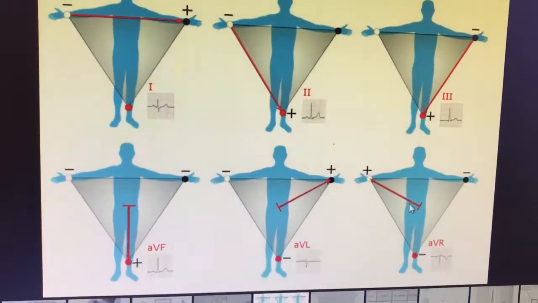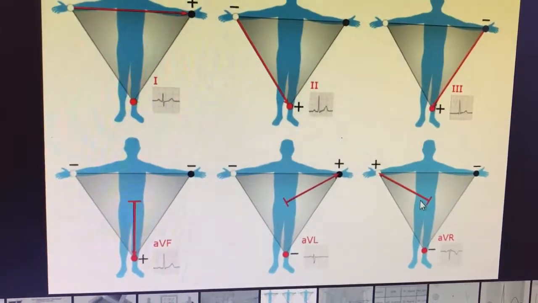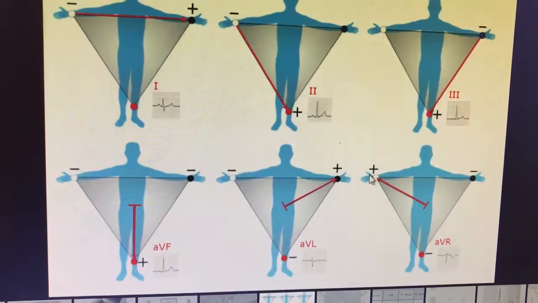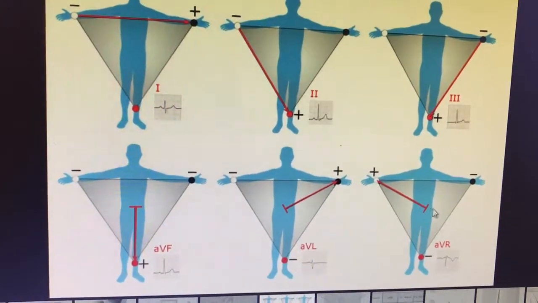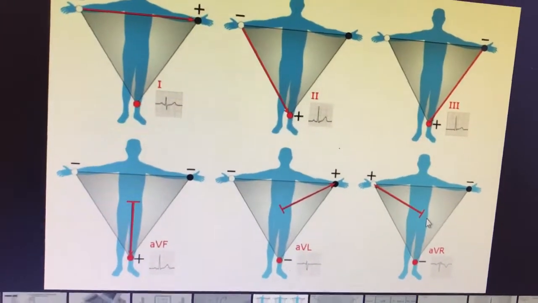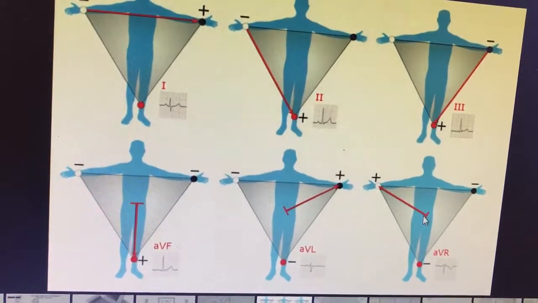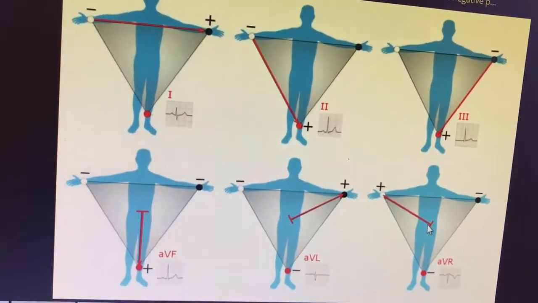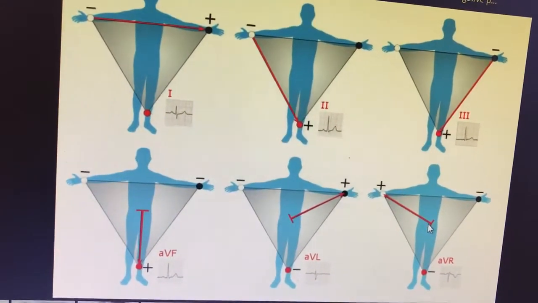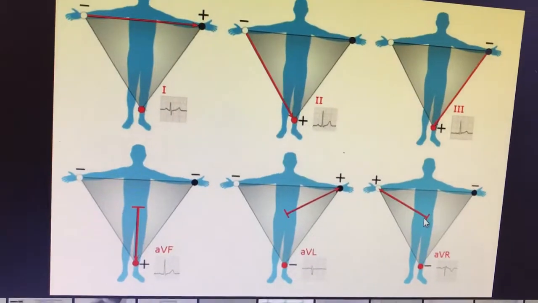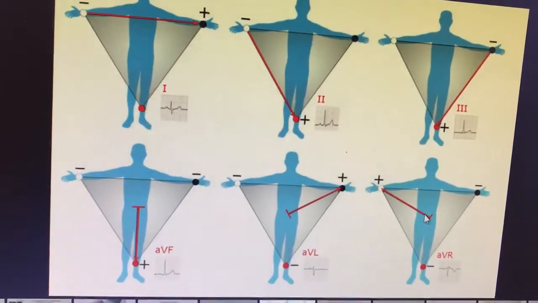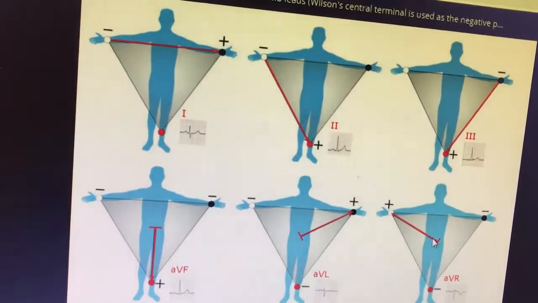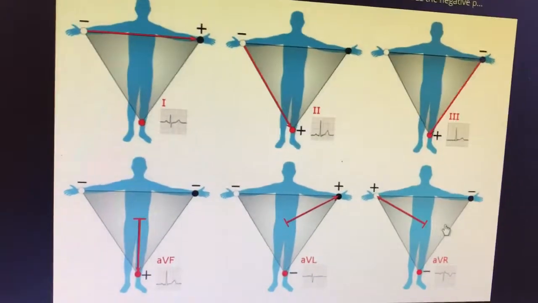And aVR is the one lead where I already told you everything should be negative, because here the positivity is in the right upper limb where the cardiac conduction in no way goes. So all the waves should come in the negative direction. If it is coming positive, then you should think of something where all the conductions are going in the opposite direction. Severe triple vessel disease, subendocardial ischemia, left main coronary artery disease, all those things, like VT where the impulses are coming from the apex to the upper part of the ventricle, in those conditions you will get aVR